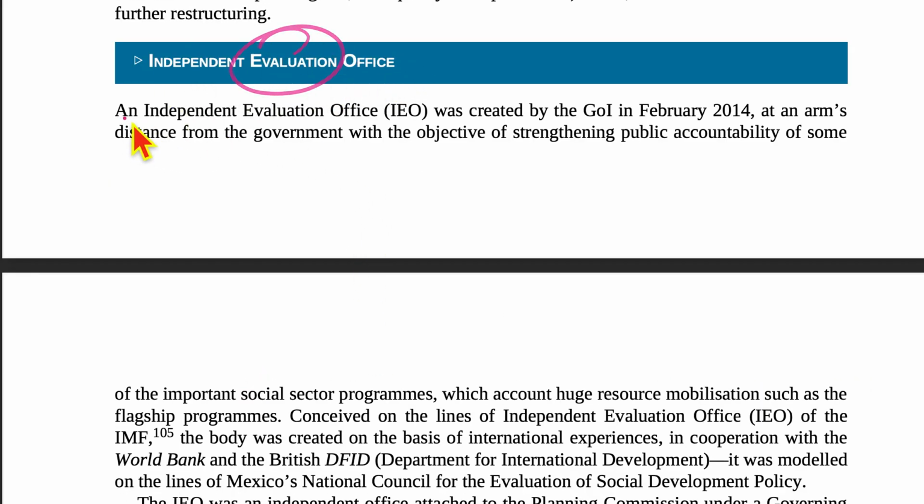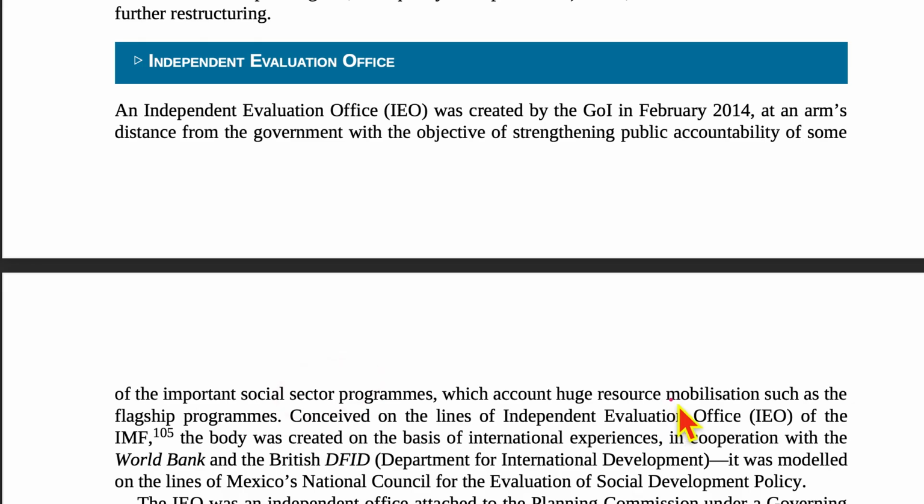Independent Evaluation Office and independent evaluation. Okay, so now, it was created by the Government of India in February 2014 at an arm's distance from the government with an objective of strengthening public accountability of some important social sector programs